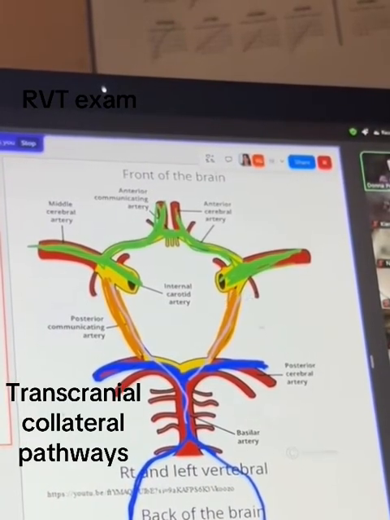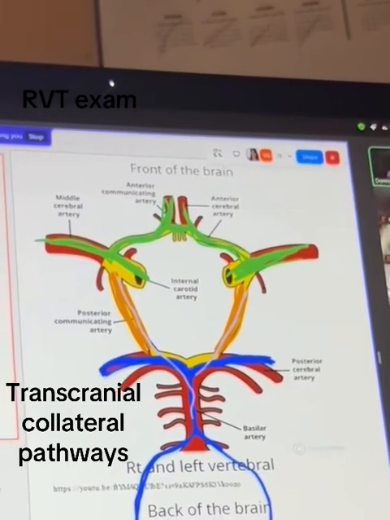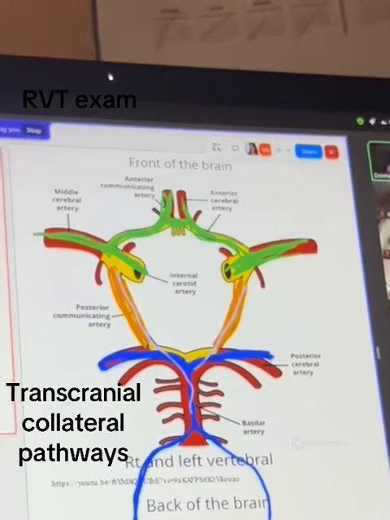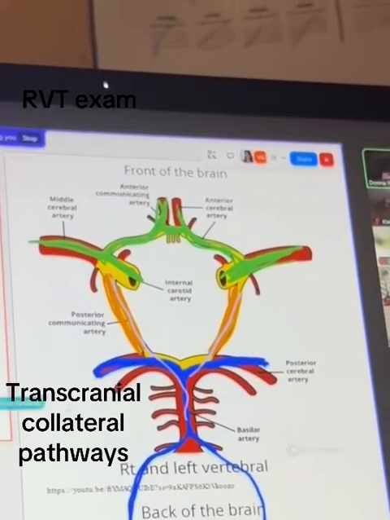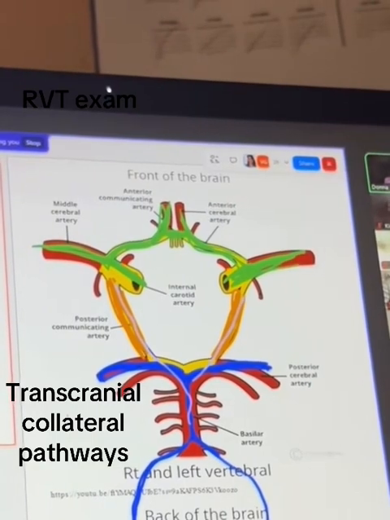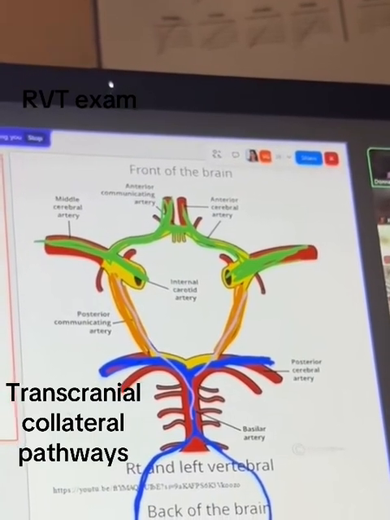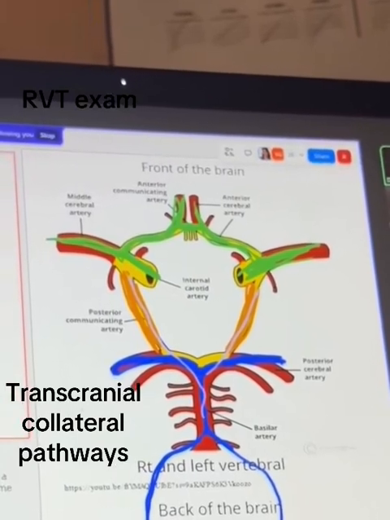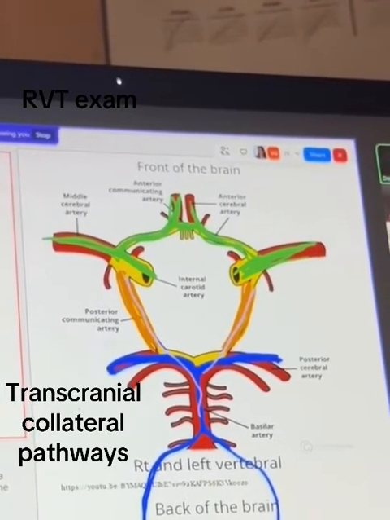Erase this without erasing everything. And then the external to internal branches, again, that would be in the neck. Any of those collateral branches, the external can then compensate for an occluded ICA via the external branches. So that's your basic network,